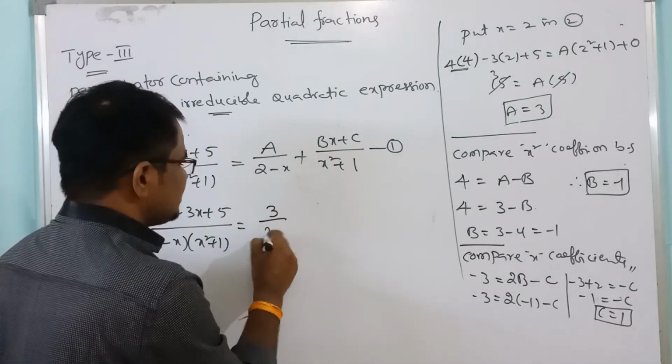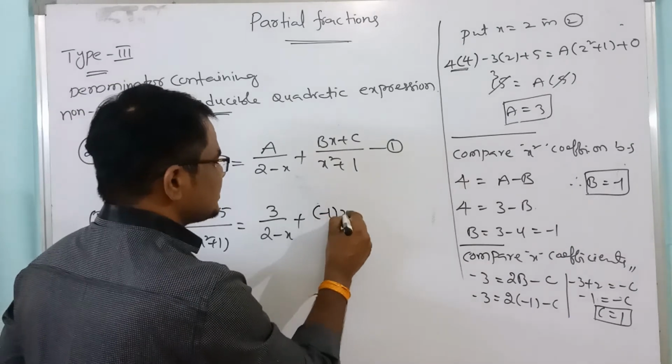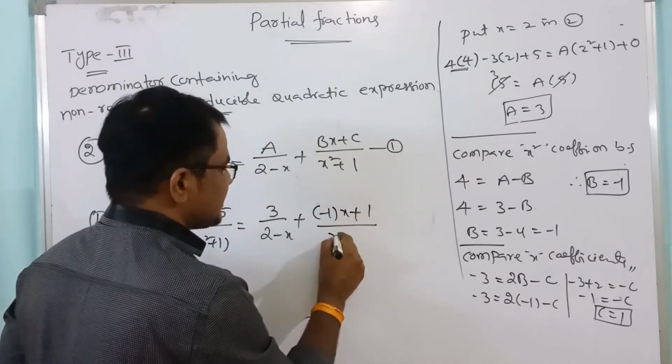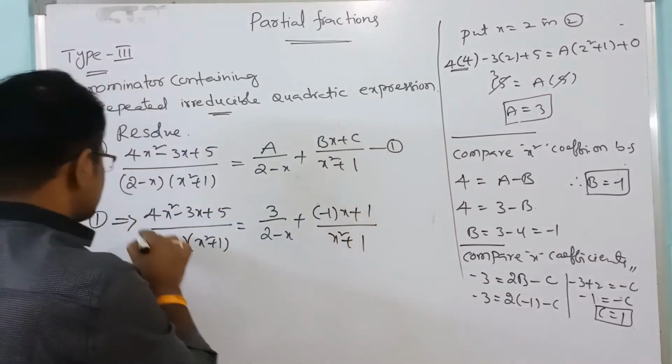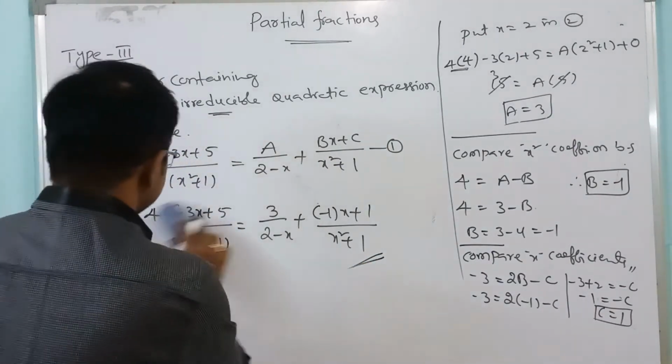A is 3, 3 minus 2 minus x plus b. B is minus 1, minus 1 into x plus c is 1 divided by x square plus 1. So this is our required answer, right? Next,